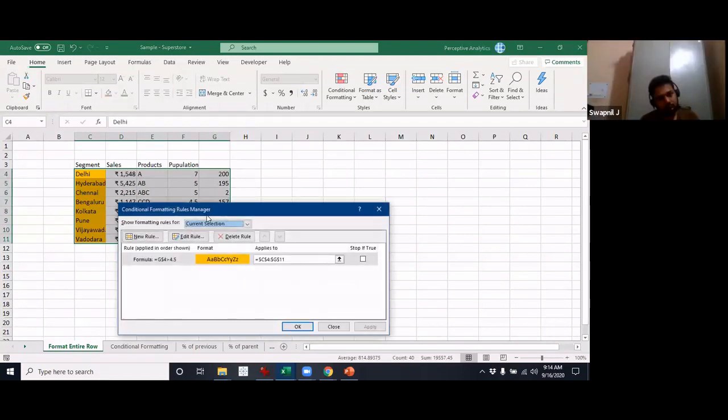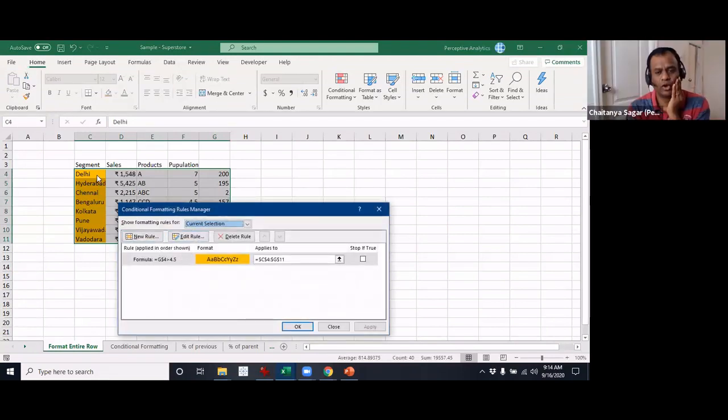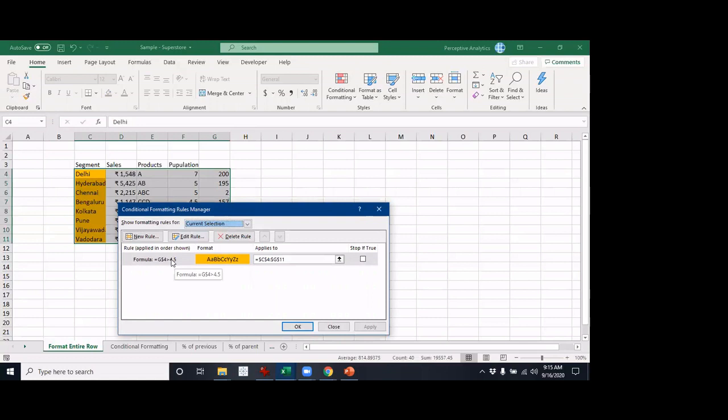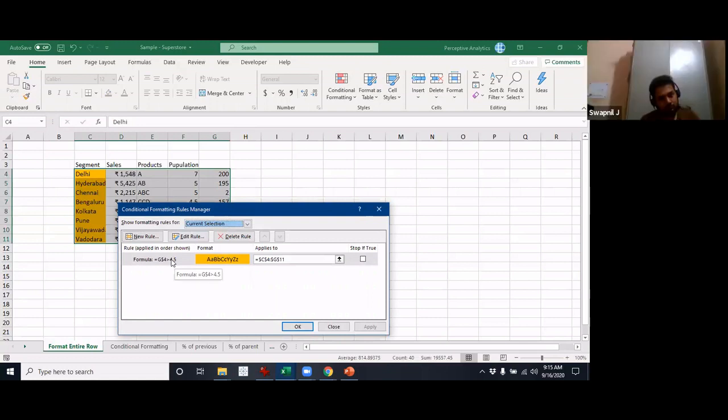We'll also experiment with it. If you look at the top left cell, what it does is it basically applies as though you're applying on the top left cell and then copying the same thing across to the selection. That is how it works.